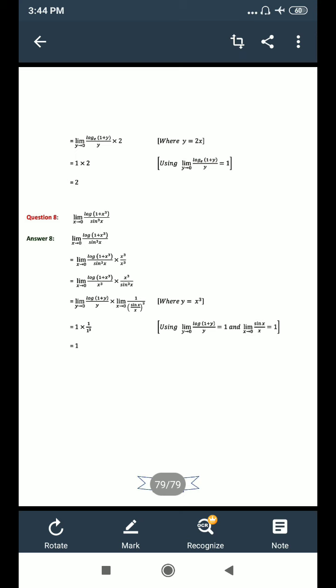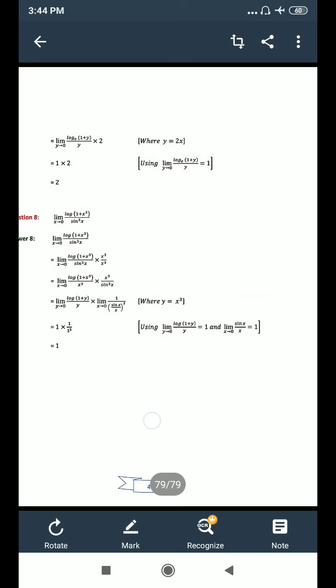Because your standard form is 1 upon x log of 1 plus x. Now what is x? It is any term which tends to 0. As x tends to 0, in place of x, suppose x square is given at both places, still it is 1. Limit x tends to 0, 1 upon x square log of 1 plus x square is also 1. If it is given limit x tends to 0, 1 upon 2x log of 1 plus 2x, the only thing you have to check is whether this thing tends to 0 or not. Whenever x tends to 0 is given, any power on x will also tend to 0, and any multiple of x will also tend to 0. So in this way, we'll use this property. Now this whole chapter is over. Thank you.